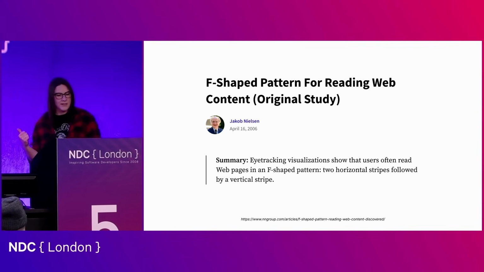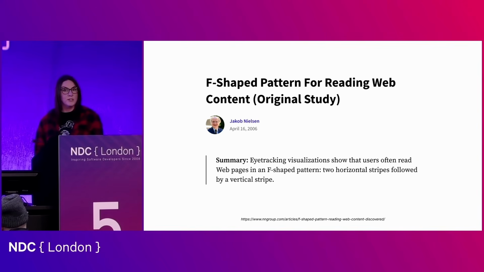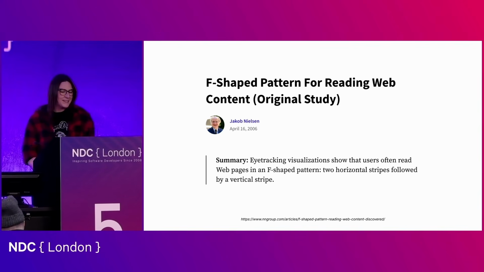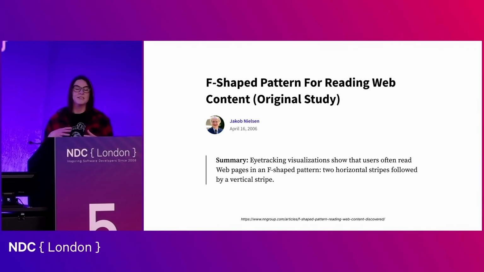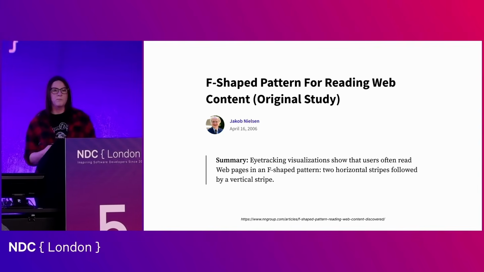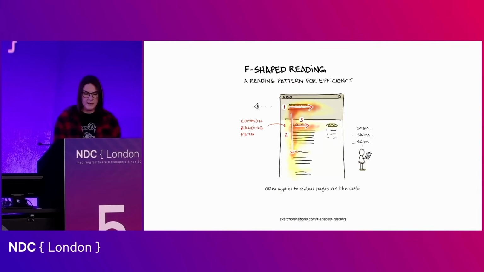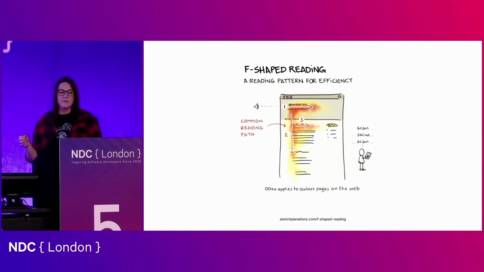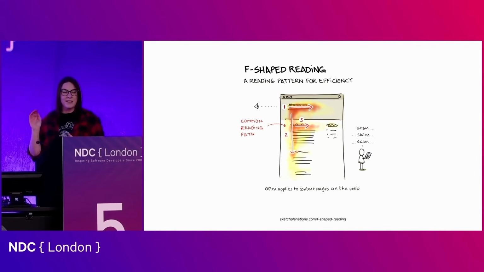Back in 2006, he observed some eye-tracking visualizations of users reading web pages. And while the study is old, it has been followed up in 2017, which actually was still ages ago now. But basically, it confirmed the findings were still true across various screen sizes, including phones. So what was found in that study is that there's a very common pattern that the majority of users followed when browsing content on a screen, and that is the F-shaped reading pattern. Now, it was observed in these studies as a route that scan readers followed for efficiency, and it's named as such due to the pattern that it makes from the eye tracking.